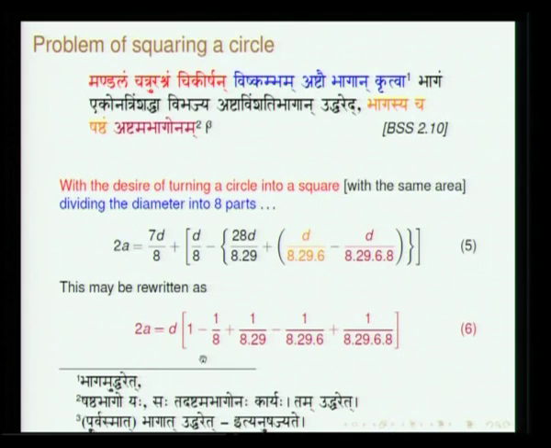So, I will just leave this and proceed to other topics. The form is something very interesting, that is what I want to tell once more. See, 1 by 8, 1 by 8 into 29, a very interesting form. I think you can see the rationale perhaps once you study this Varga Prakriti. One does not know whether they knew Varga Prakriti and then arrived at this form, but one of the ways is geometrical, the other is the other way. All that we find is this interesting expression in the Sulva Sutras.